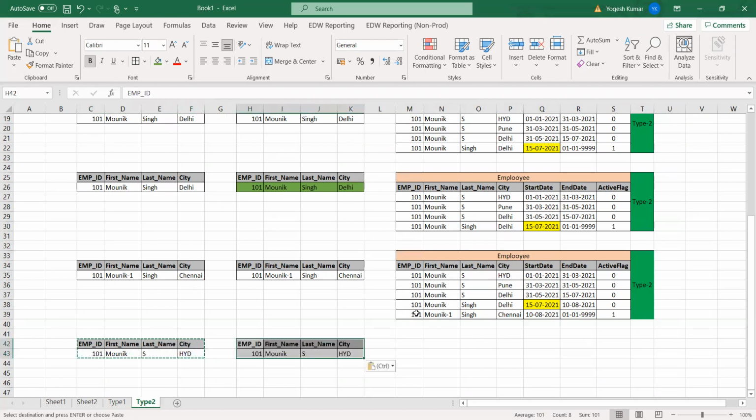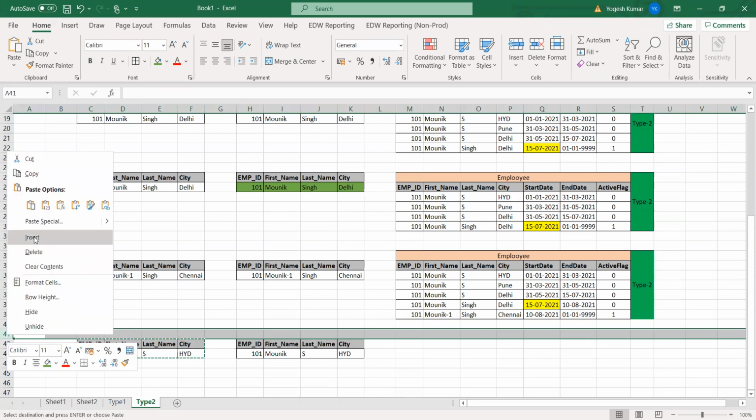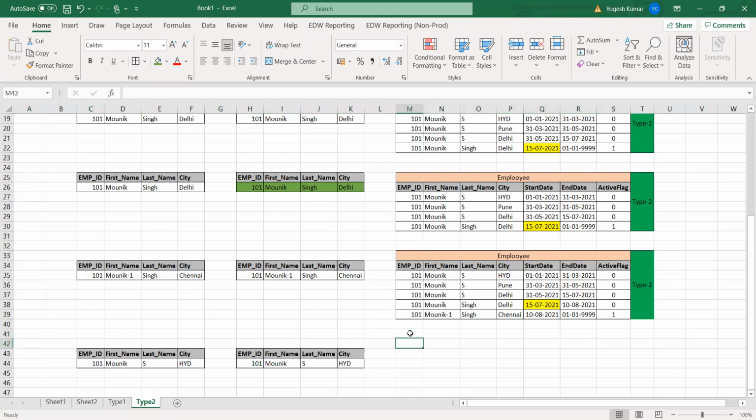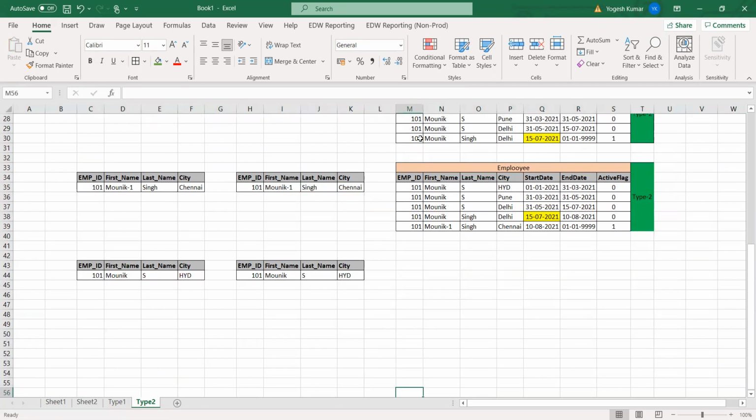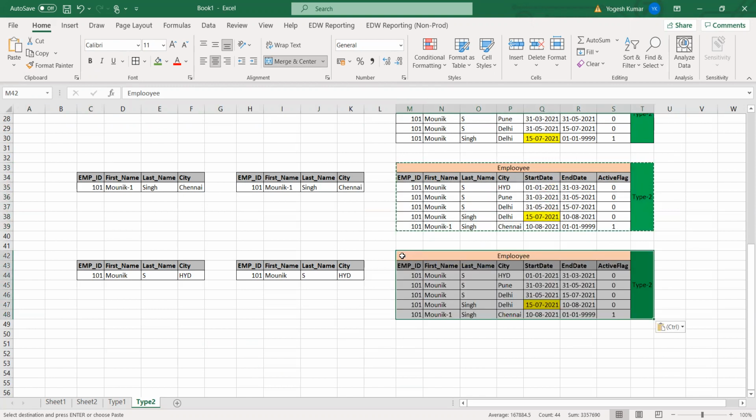Now this is here. Now you will see, let me copy this table. You will first try to identify whether this already exists. Yes, it already exists.